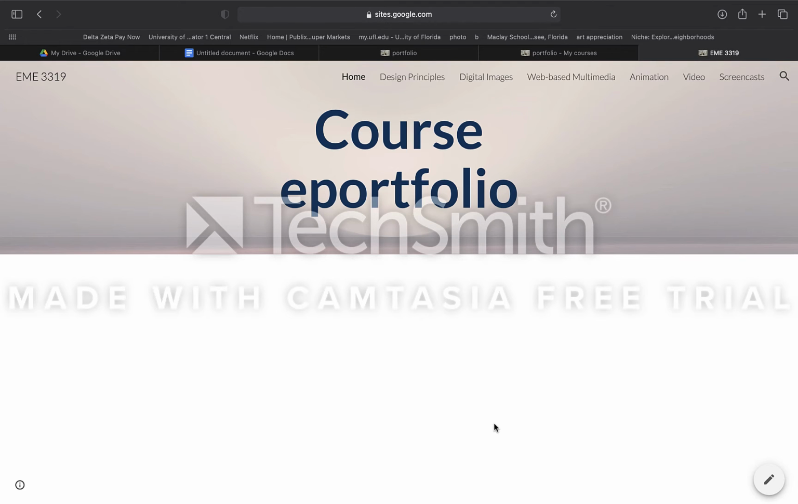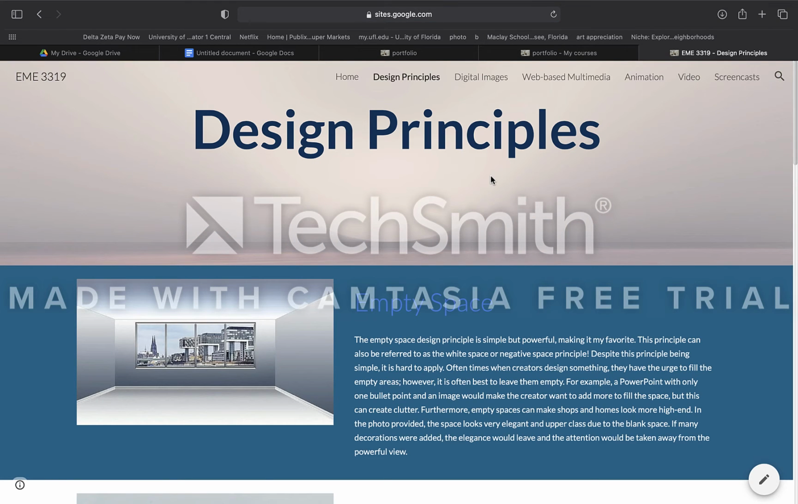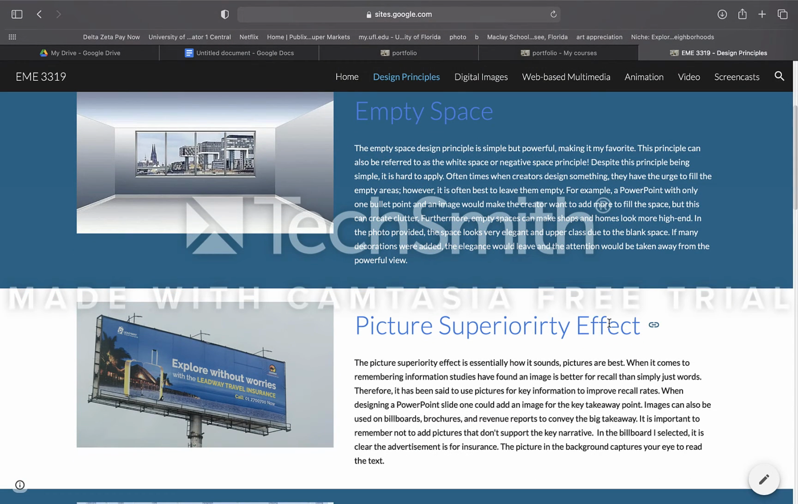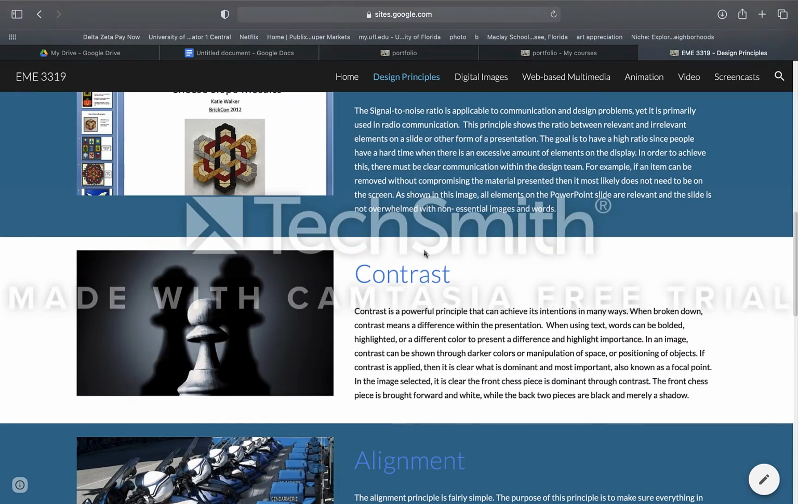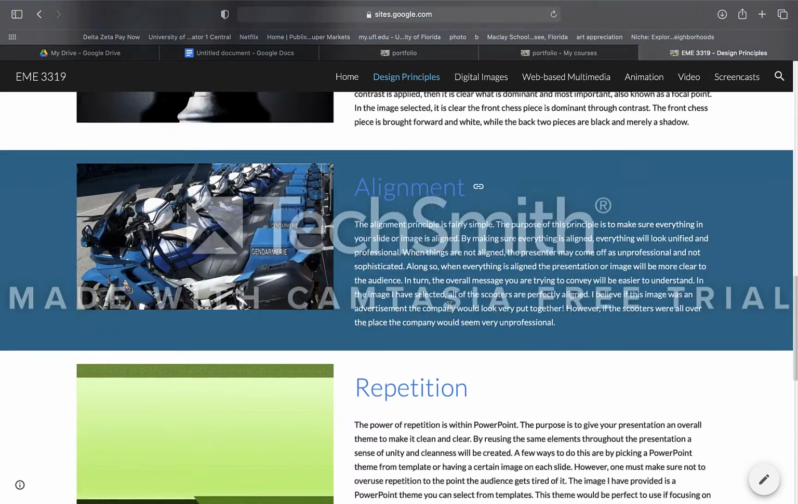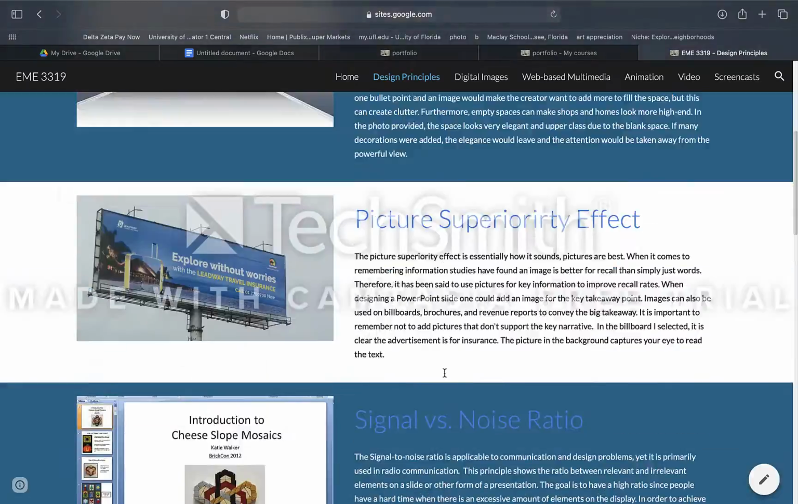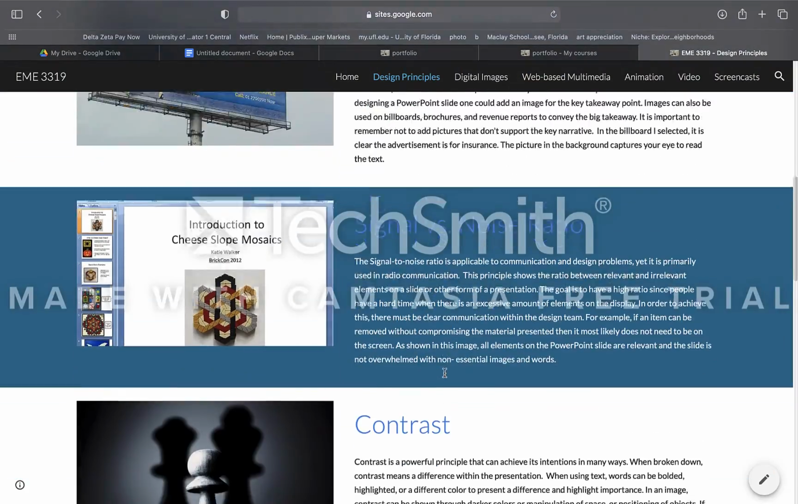So with that being said, my favorite thing I learned about, or was most excited about, in this class was the design principles, which was actually our first module. So I'm going to go ahead and show you guys my design principles. So I have empty space, picture superiority effect, signal versus noise ratio, contrast, alignment, repetition, proximity. So those are the 6 design principles that we learned about, and my favorite one was